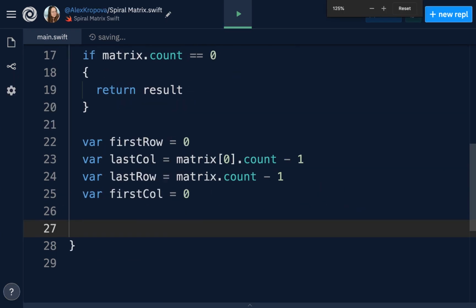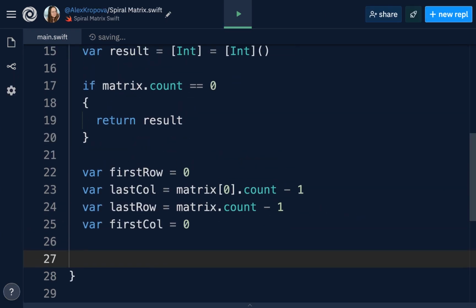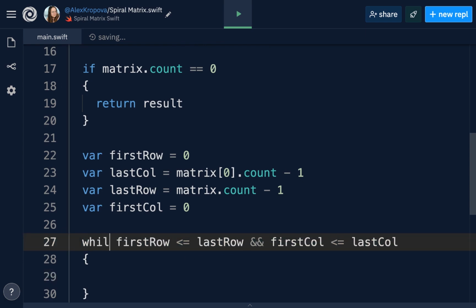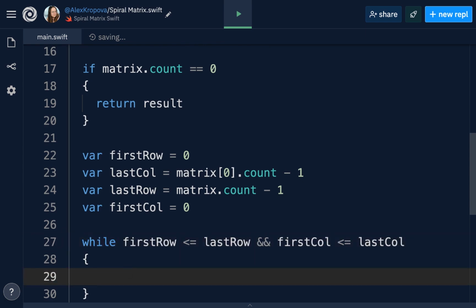So now that we have all of our variables declared, we can go ahead and use them in order to go through the spiral pattern. So first step in the spiral pattern is to check while the first row is less than or equal to the last row, and the first column is less than or equal to the last column. I meant the first column here. Well, this is checking to ensure that we still have values left in the matrix.